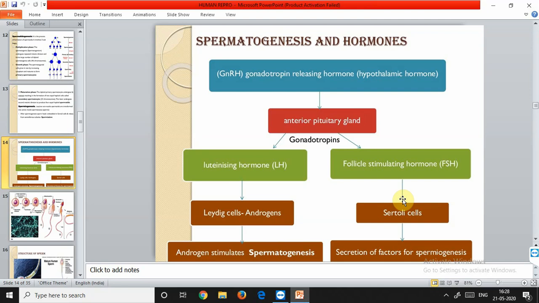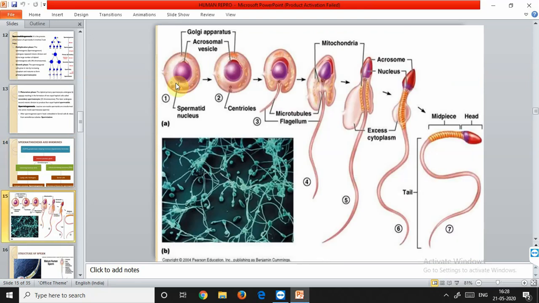So what happens during spermiogenesis? The transformation of the spermatids occurs. The large spherical nucleus becomes smaller by losing water and usually changes its shape. Now it becomes elongated. The spermatid is undergoing these changes during spermiogenesis. It is becoming elongated as a tail-like structure grows out from it. The Golgi bodies get condensed and form a cap-like structure.